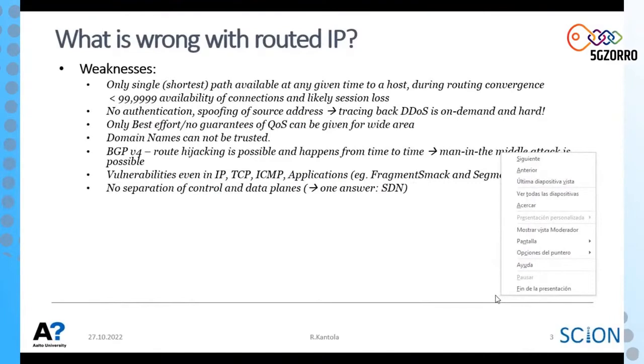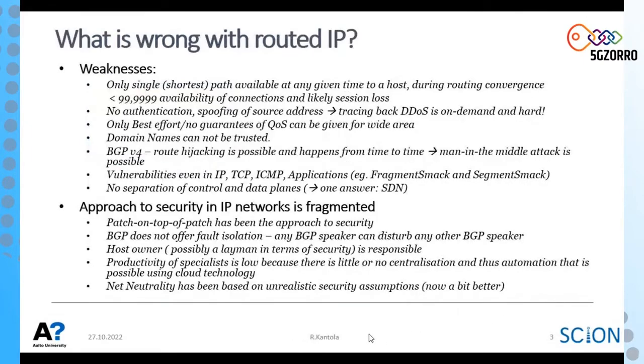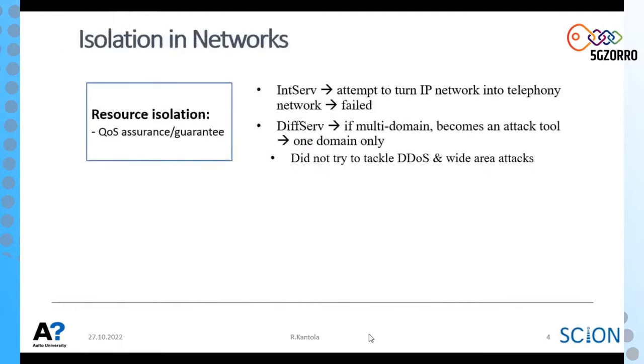There is no separation of control plane and data plane. Some kind of answer is SDN, but that has lots of limitations. So in order to go for end-to-end security, it's important to talk about isolation in networks. Security is sort of about isolation. So if the bad guys cannot see what you are doing, then you should be more or less secure. Two aspects to isolation: resource isolation, which is weak in IP. We have tried for tens and tens of years to do IntServ and DiffServ,